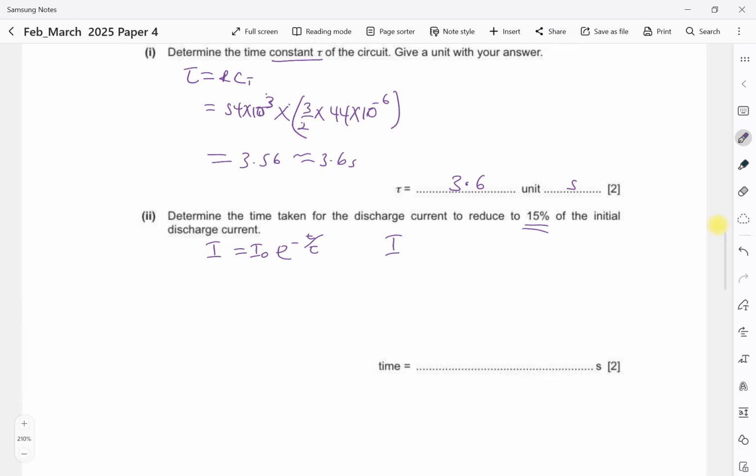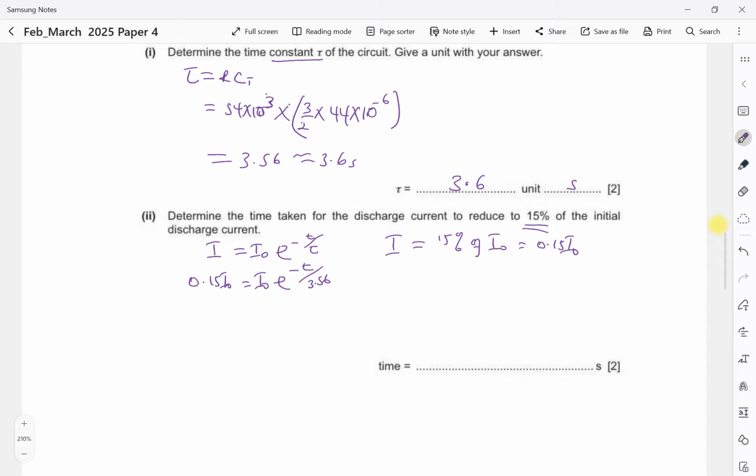So I is going to be 15% of I naught, which is 0.15 of I naught. So we have that 0.15 I naught is equal to I naught e to the power of negative t over the time constant, which is